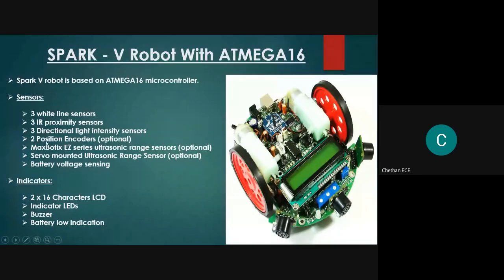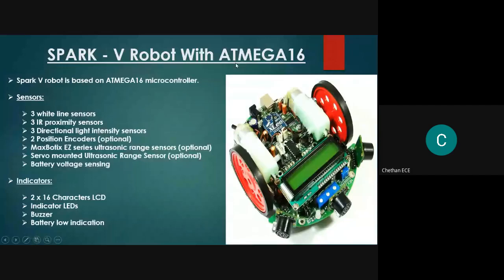Similarly, the sensor will also receive the commands. It will sense the real environment, and all these sensed signals are a receiving mechanism. Whereas the indicators are the devices which output the data after processing from the microcontroller.